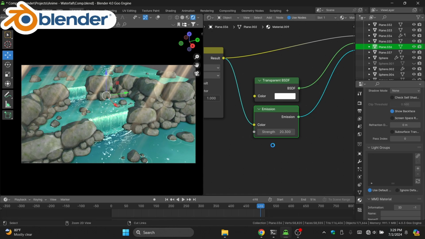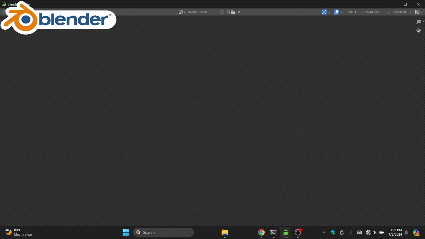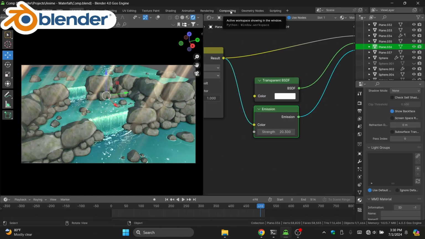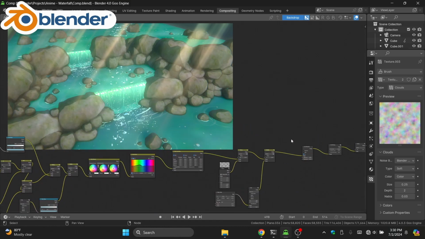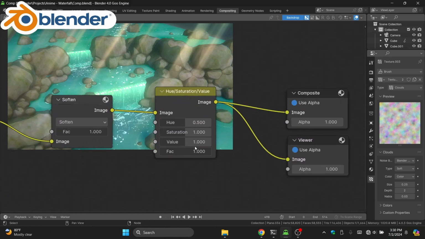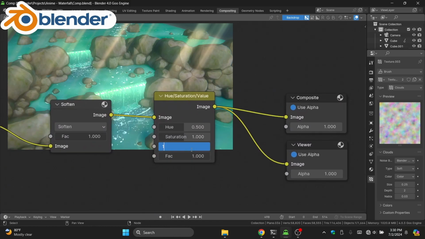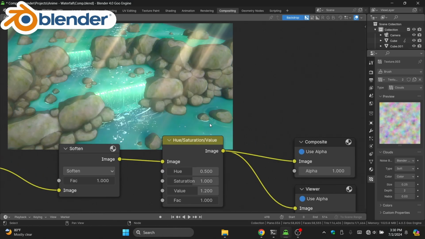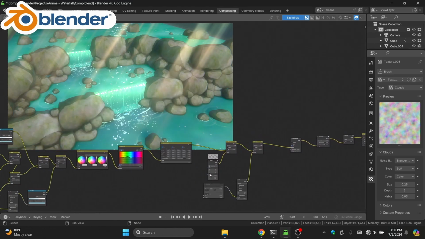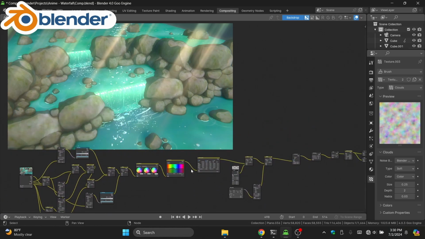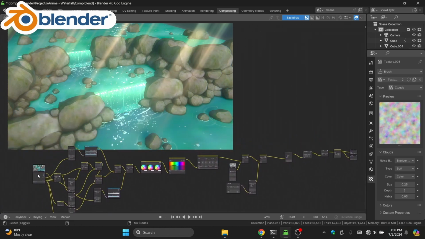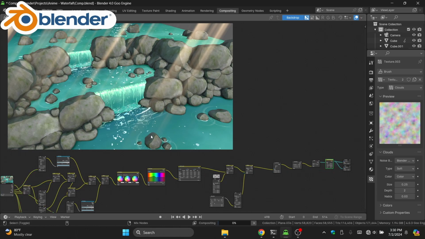Once you're done, be sure to save your project and then click F12 or click the render tab, render image to see the final render. Once you're done, let's go back to the compositing tab. Then you can always change the value of this. So we can go from 1 to 1.2 just to slightly increase the brightness. There you go. So we went from this into this